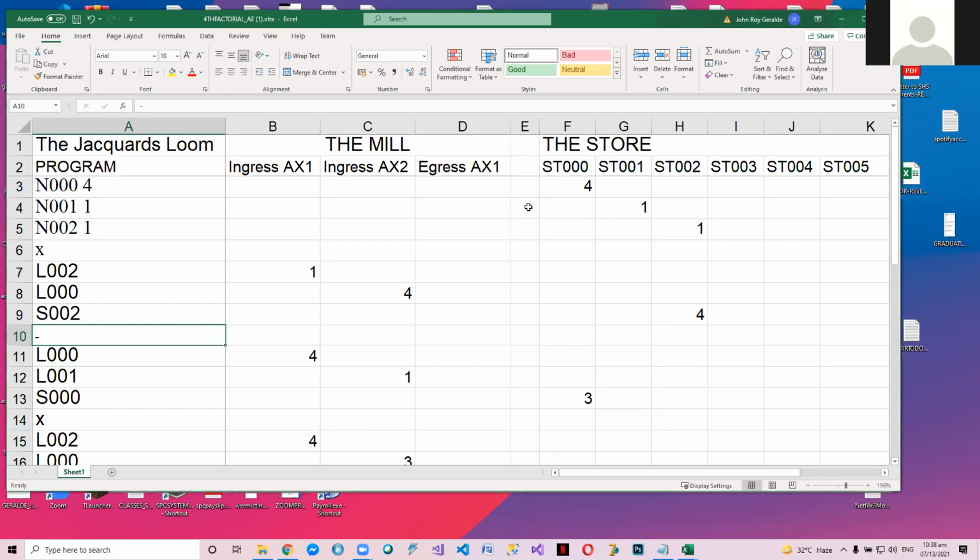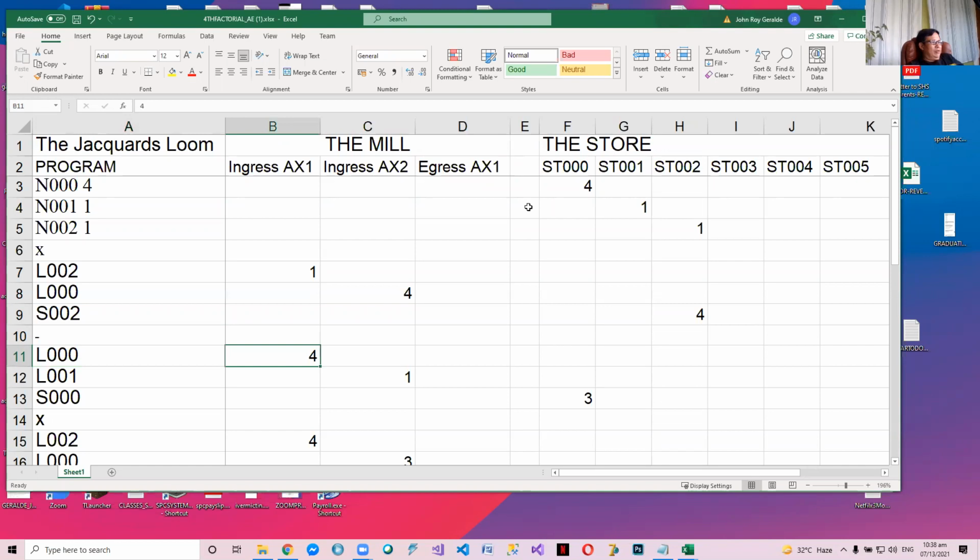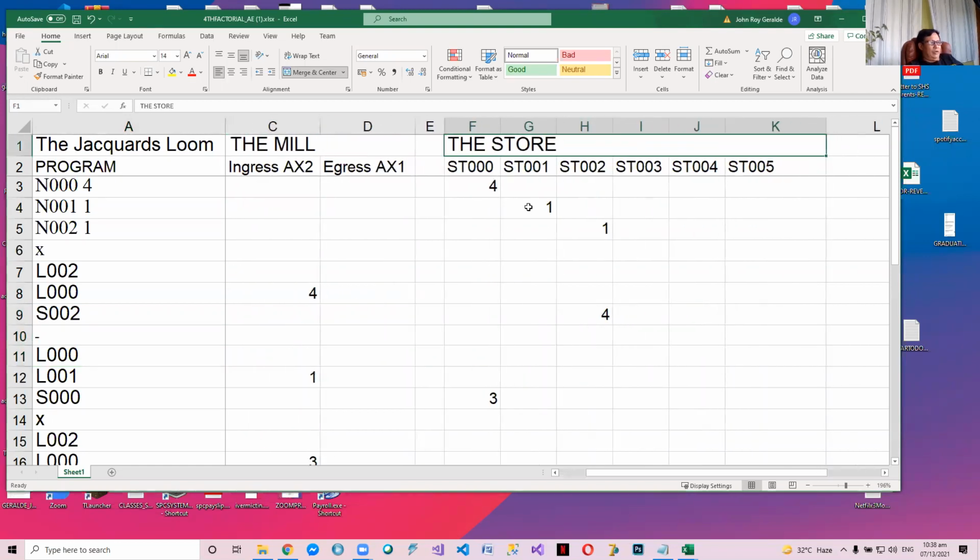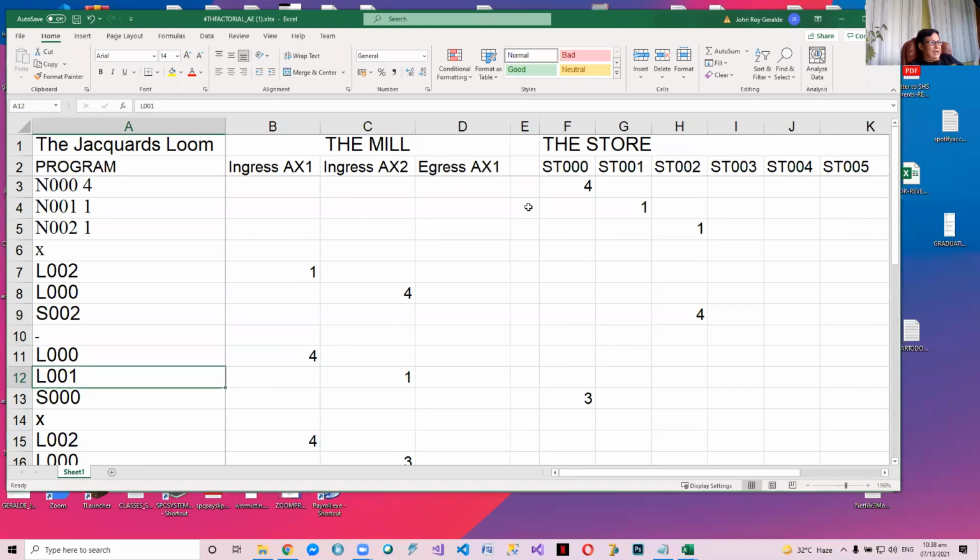Wala, no? The next is a minus. Okay? The next being a minus. What will be subtracted? First, L000. Ibig sabihin yung 4 sa L00, which is currently 4. 4 sa ngayon, di ba? Ilalagay sa ingress axis 1. L001. So yung 1, which is currently 1, ilalagay sa ingress axis 2. So what is going to be done is 4 minus 1. It will be stored to L00 because of this. This becomes 3. Okay? So this is a sequence of times and minus, times and minus, times and minus until